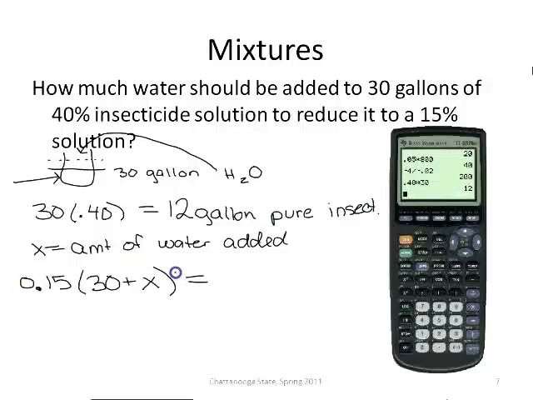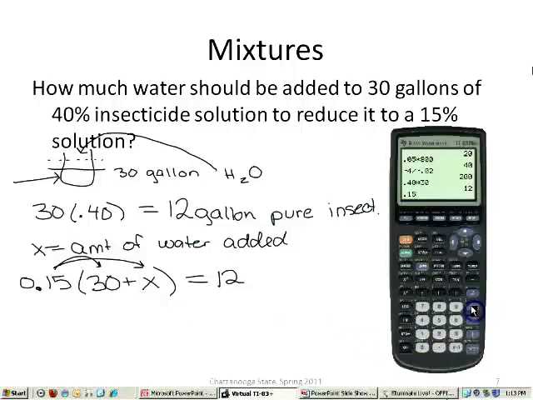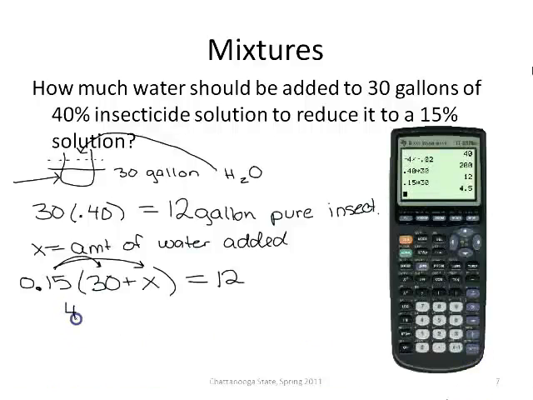I want the amount of insecticide in this has to be the amount of insecticide in this part right here. So this is going to have to equal 12. So I distribute 0.15 times 30 is 4.5